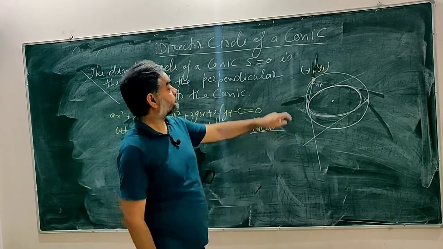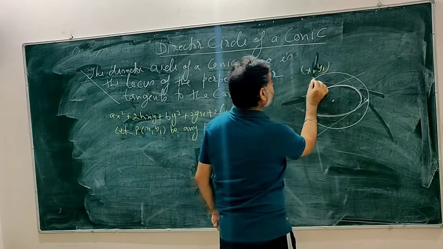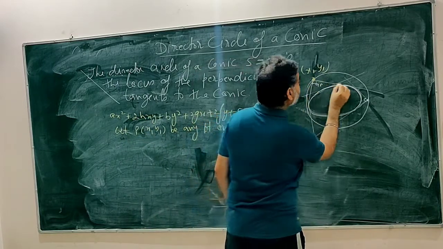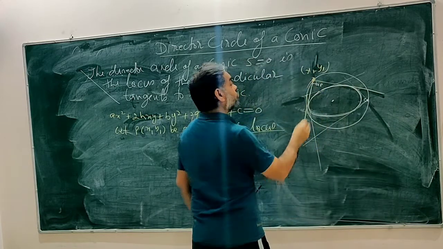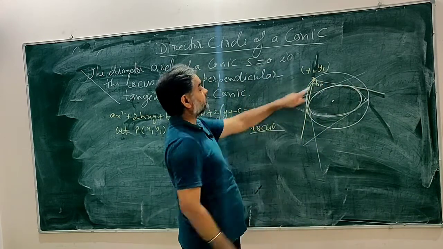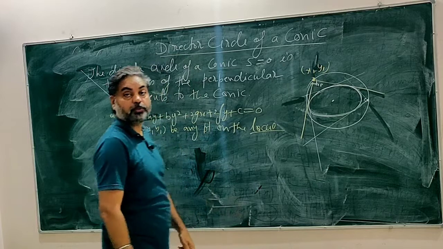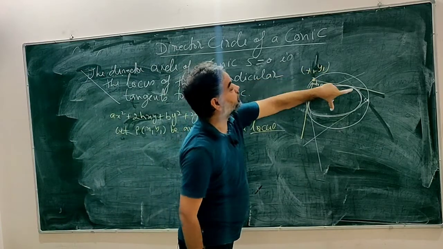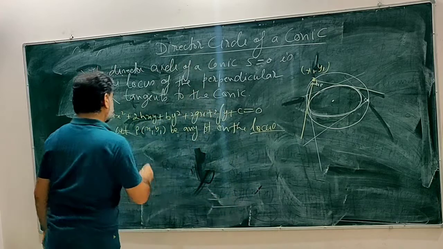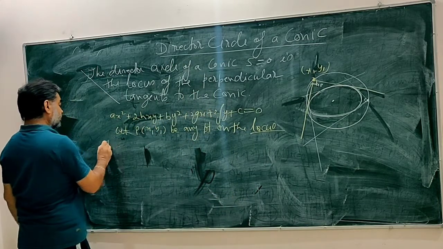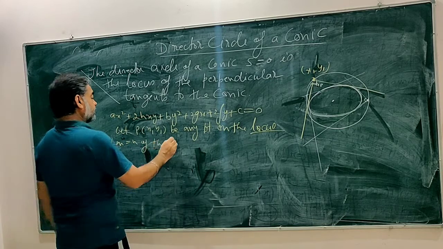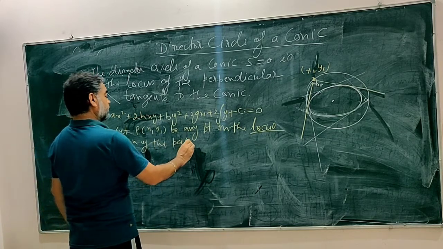On the locus. So from this point, what does that mean? (x1, y1) is the point of intersection of perpendicular tangents. So what is the joint equation of these two tangents? The joint equation of these two tangents, the pair of tangents